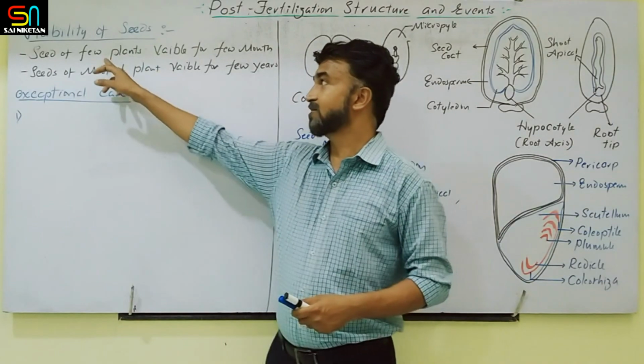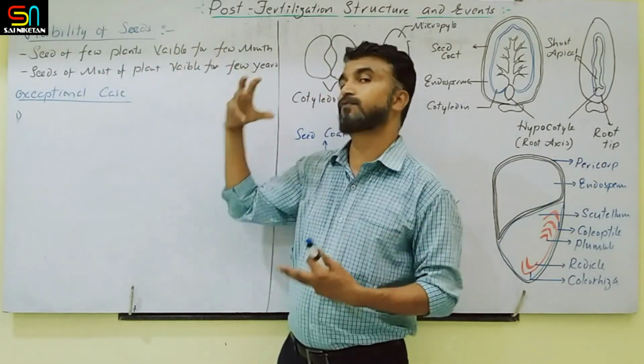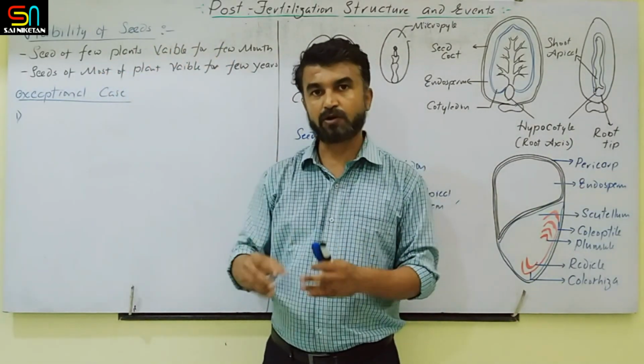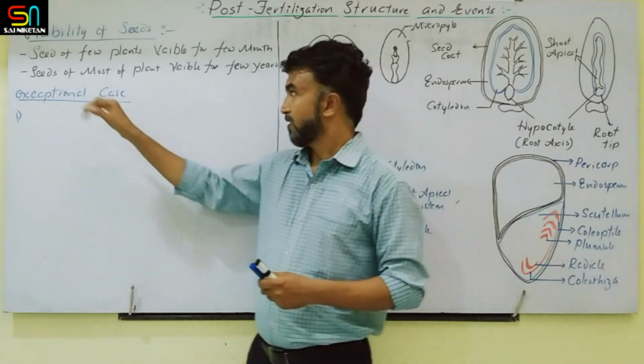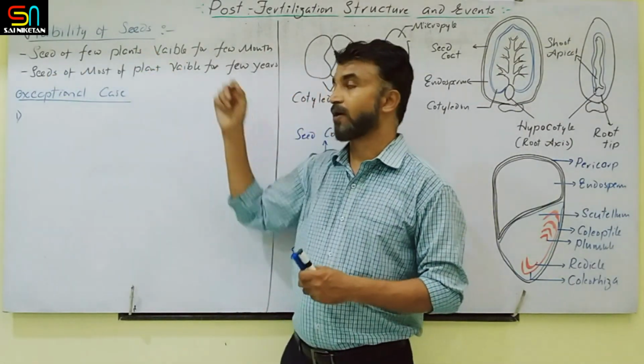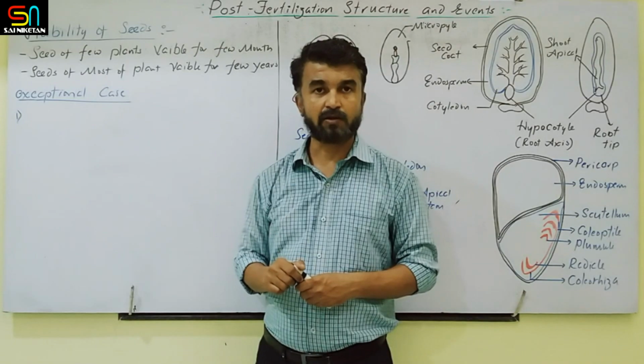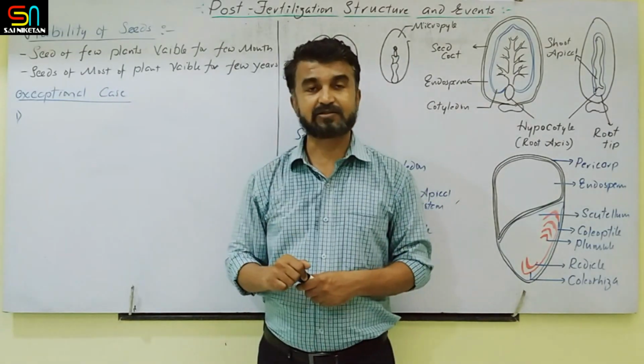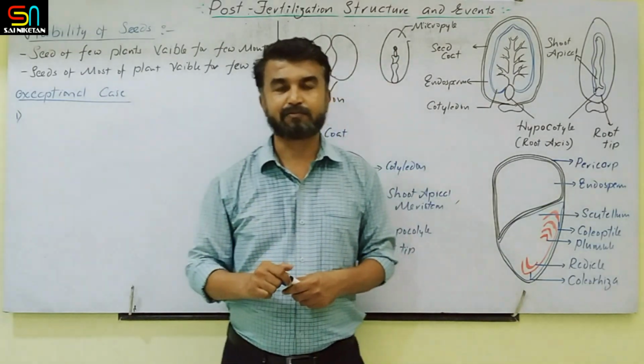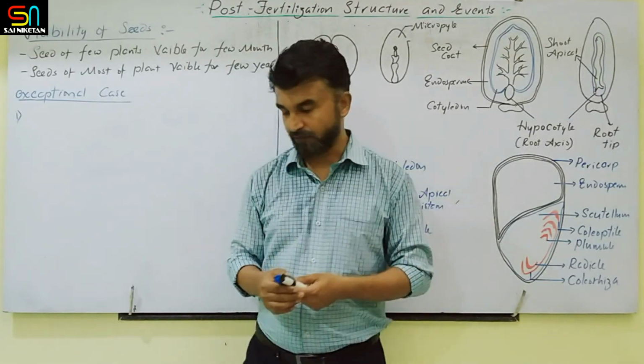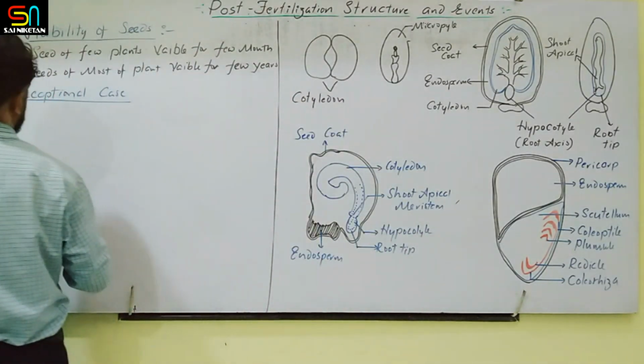The seeds of a few plants are viable for only a few months, and within that period you have to sow them. Next, seeds of most plants are viable for a few years. Clear? But some exceptional cases are there. Two typical examples, meaning specific examples, are given. The first case is